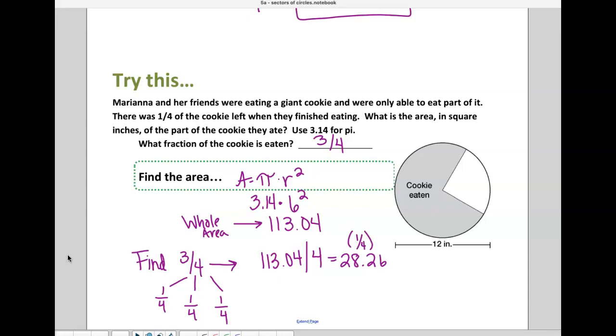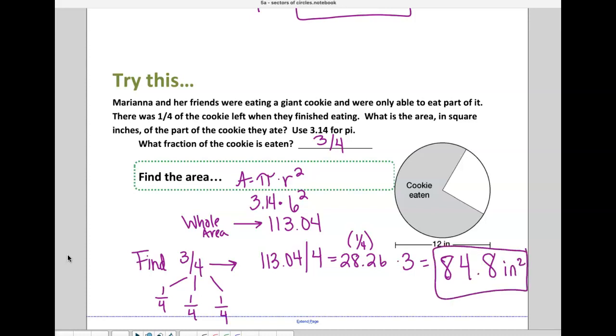I want 3/4, so what do I have to do with that number? If I want 3 of these, I have to multiply it by 3. So divide by 4, times by 3, I get 84.8 inches squared. That's the area of the cookie that they ate. Questions there? Okay, your